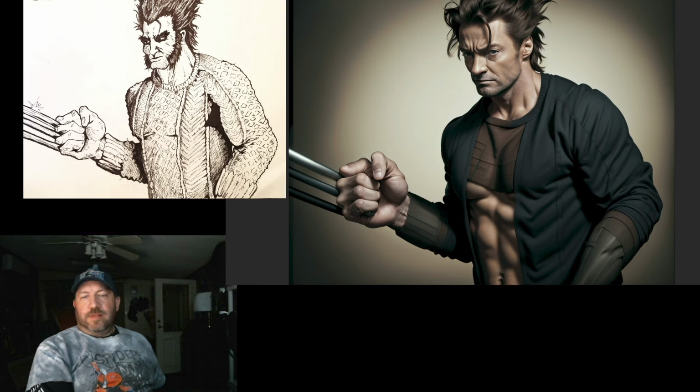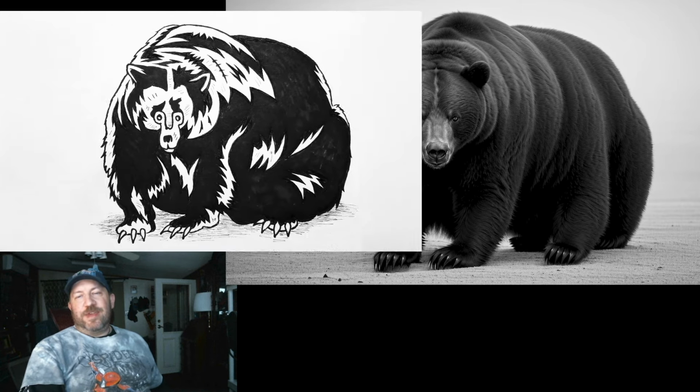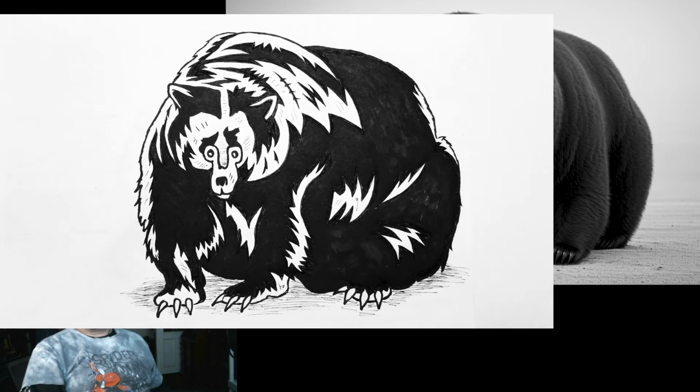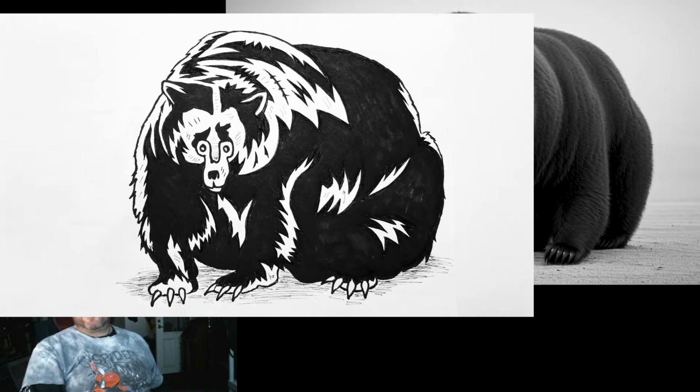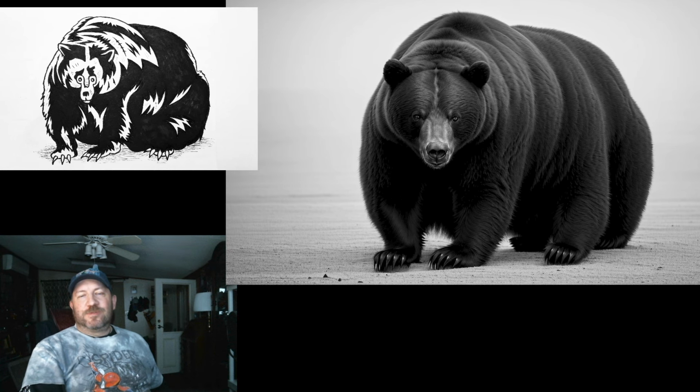All right, let's go to the next image. We'll go this way. So this next image was a drawing of a bear. This is Henrietta the Bear, or Hank the Tank. This is actually a real bear that's alive. It's out there in the world. This is part of a fun little news story I was obsessed with for a little while. And so right off the bat,